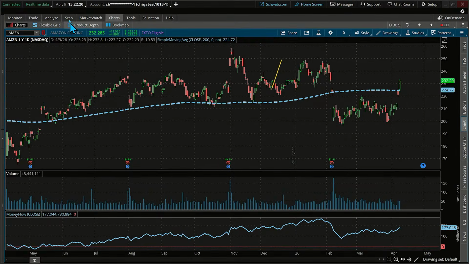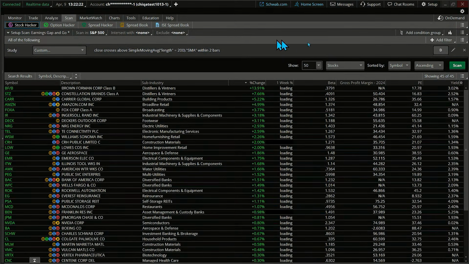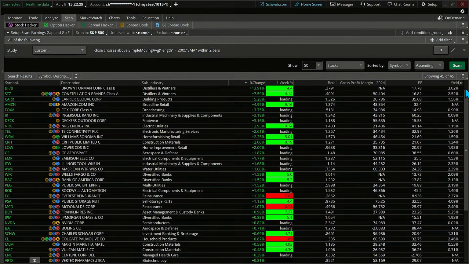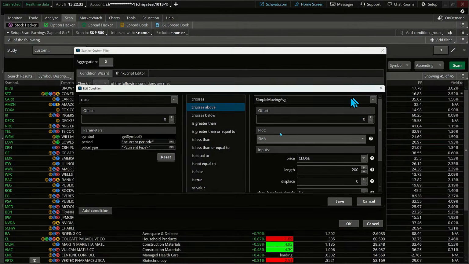Let's get our chart back on and go to our scan. Now I'm going to pop back into our scan. I'm going to do that right over here, everybody. You just got to go right into that little pen to click back on it, because I'm going to adjust this for us. We're going to pull that up again. I'm going to go into edit.